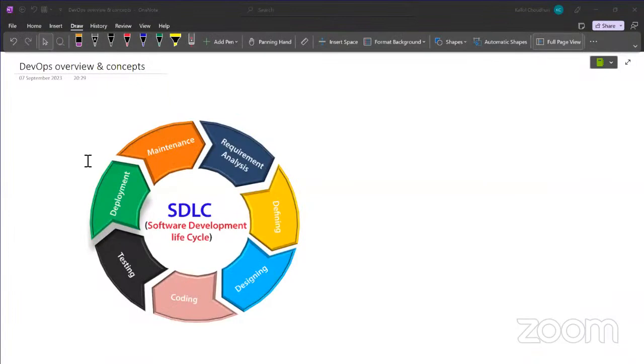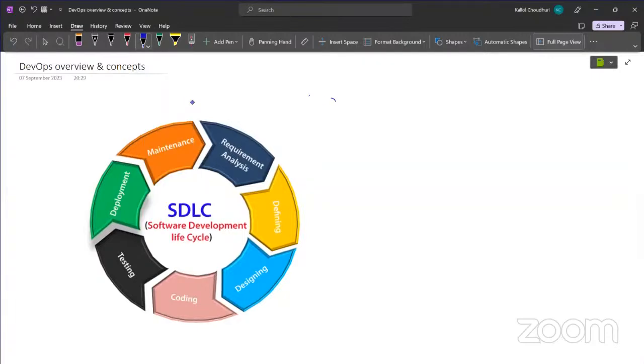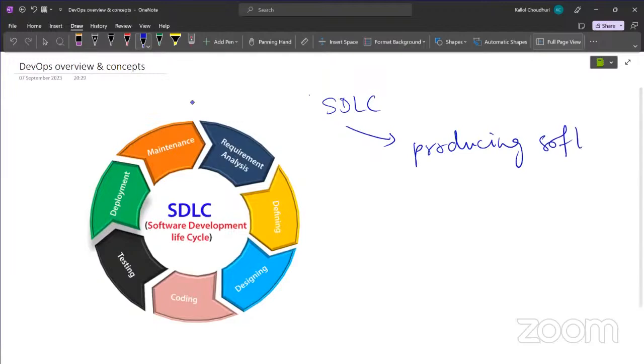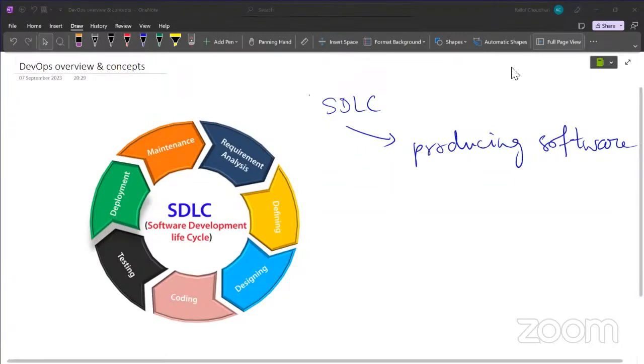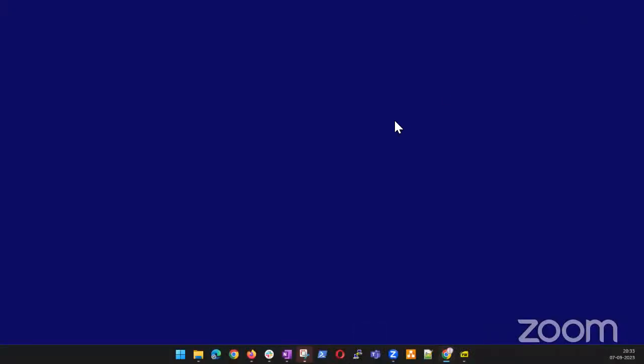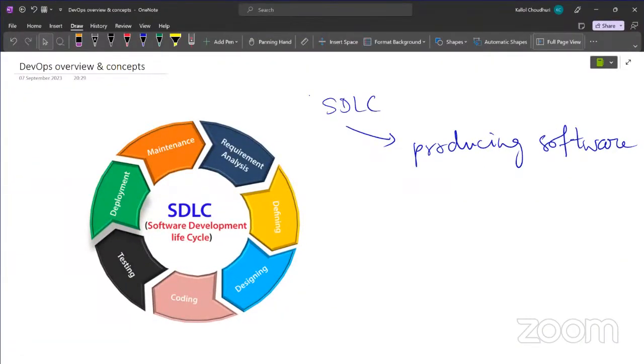Similarly, in SDLC, you can think of it like this, that you are producing software. As part of SDLC, you are producing software. Try to visualize it like this for people who are absolutely new to SDLC. If you look at a factory floor, then in a